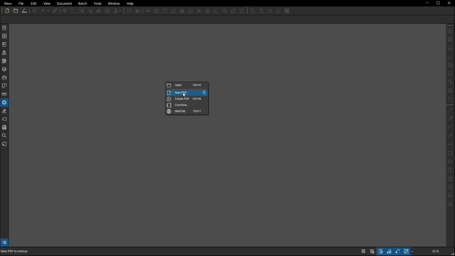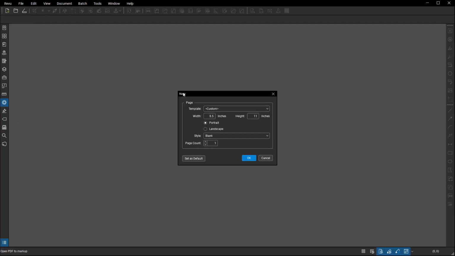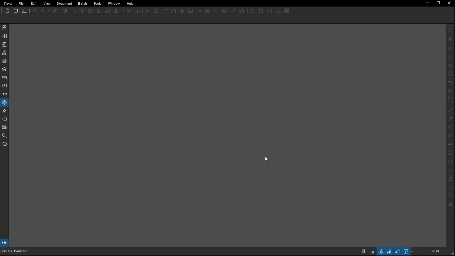If I go to the screen and I hit new, what it does is it uses a PDF template of some type, an existing PDF, to create a new PDF. And my default template is a portrait-oriented, empty 8.5 by 11, and it just creates a PDF file from a PDF file. If I don't want it empty or 8.5 by 11, I can choose from all these various templates, or I could choose content that I want on the created PDF file, but it creates a PDF file from